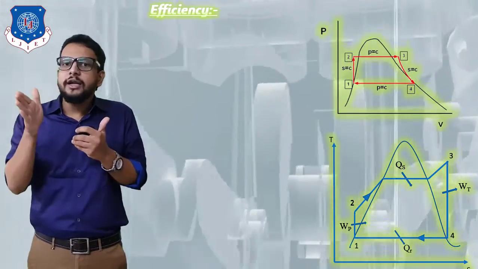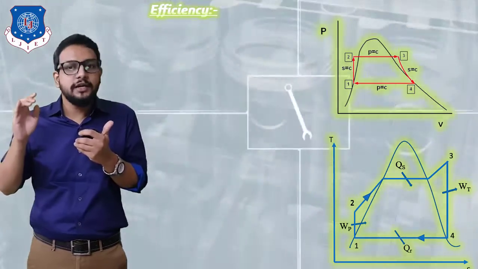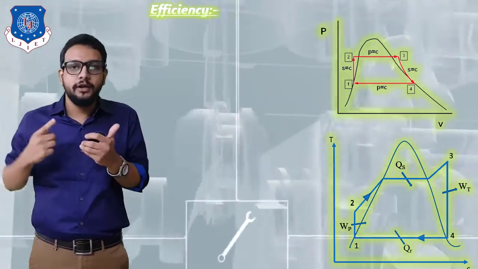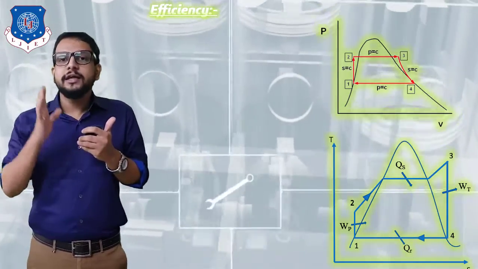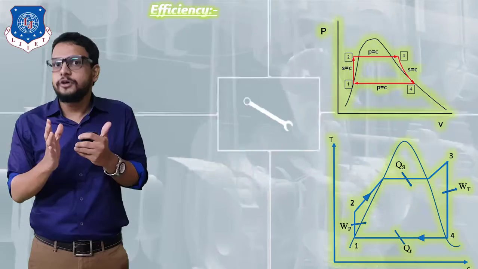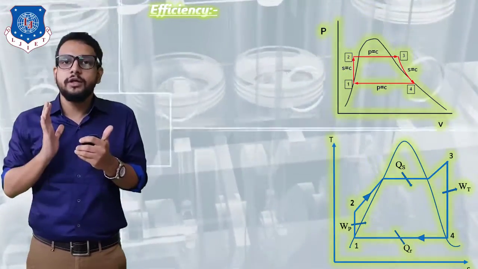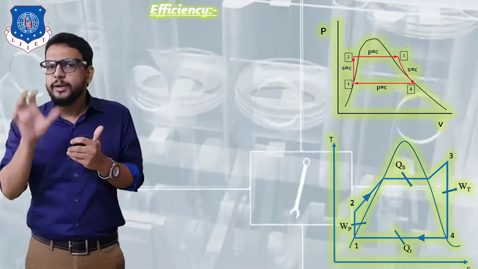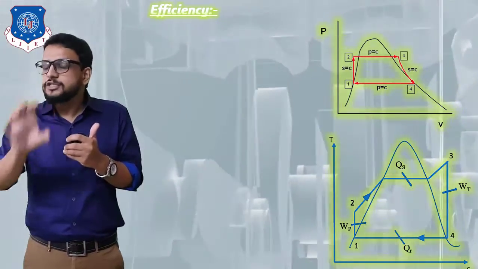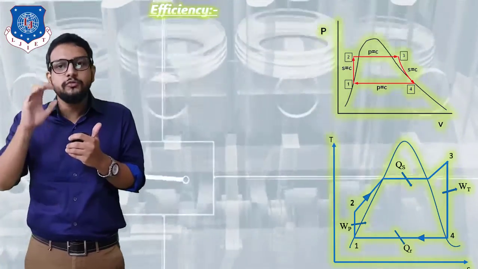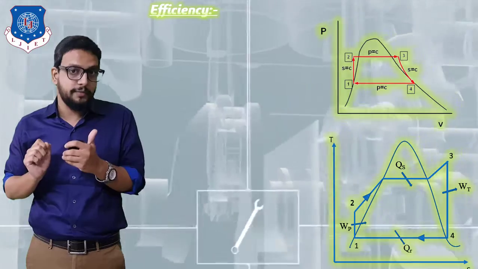Okay, now after entering into a turbine, what is happening? So we know in a turbine power is generated, that is rotational motion is obtained. Now turbine has a condition. It is required that there should be no heat transfer between a system and a surrounding, that is between a turbine and a surrounding, which means it is considered to be an adiabatic process, right? And in a turbine, expansion of a steam is going to take place. So we know that adiabatic expansion is represented by a hyperbolic curve, right?